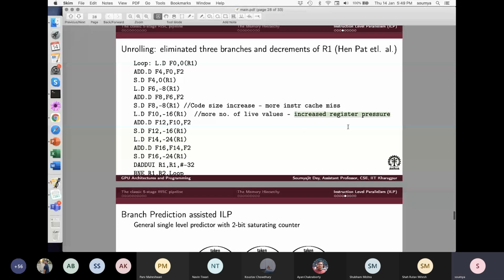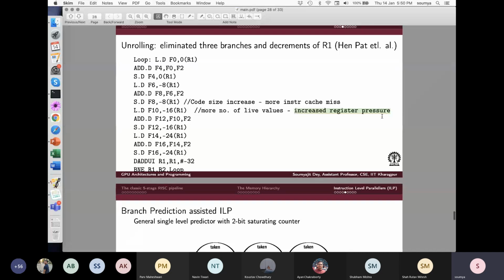To understand what register pressure is, suppose you have a program which is using too many registers, and there is a new variable to store. For that, it will not find an empty register. And what will the computer do if it doesn't find a register to hold that variable? Well, it has to store it back through the cache to the memory, right? And that is going to take much more time, because accessing a register is the fastest. If you are unable to put a value into a register, then you have to go back to the memory, and that will increase your access time and decrease the program execution speed. So that is why register pressure is an important thing.